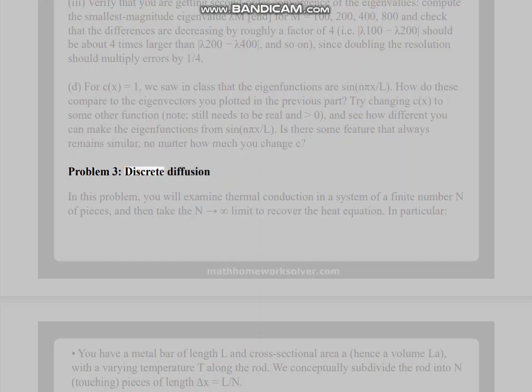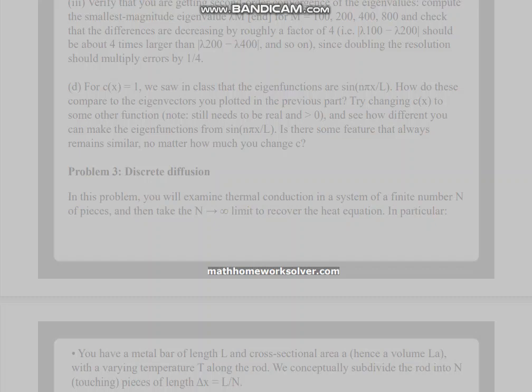Problem 3, Discrete diffusion. In this problem, you will examine thermal conduction in a system of a finite number n of pieces, and then take the n to infinity limit to recover the heat equation. In particular,